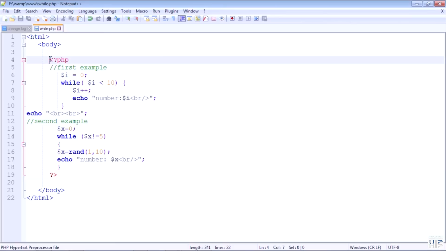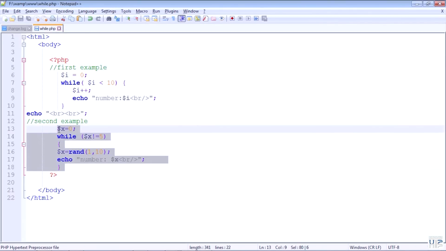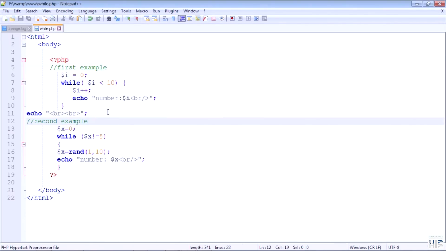So let us now see the execution of while loop as it is used in PHP. In this code I have two while loops in action. This is one and this is another. So in first case,